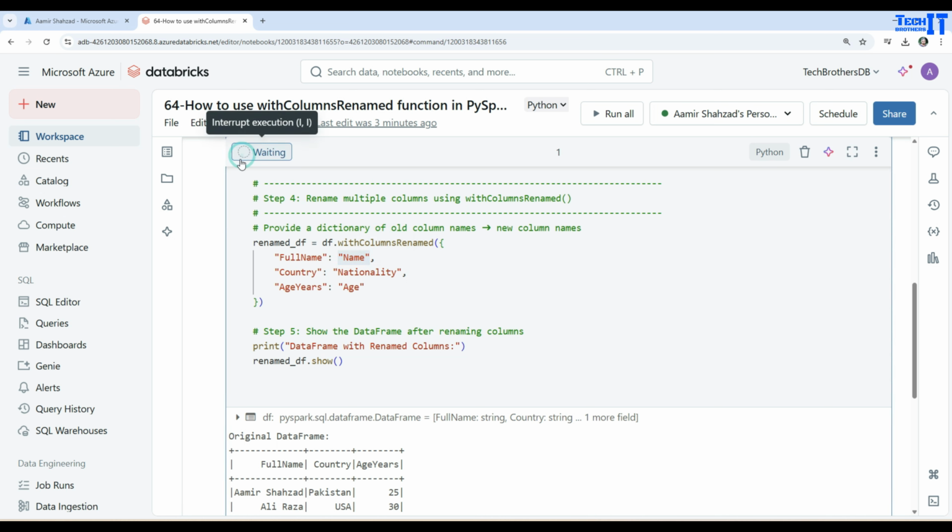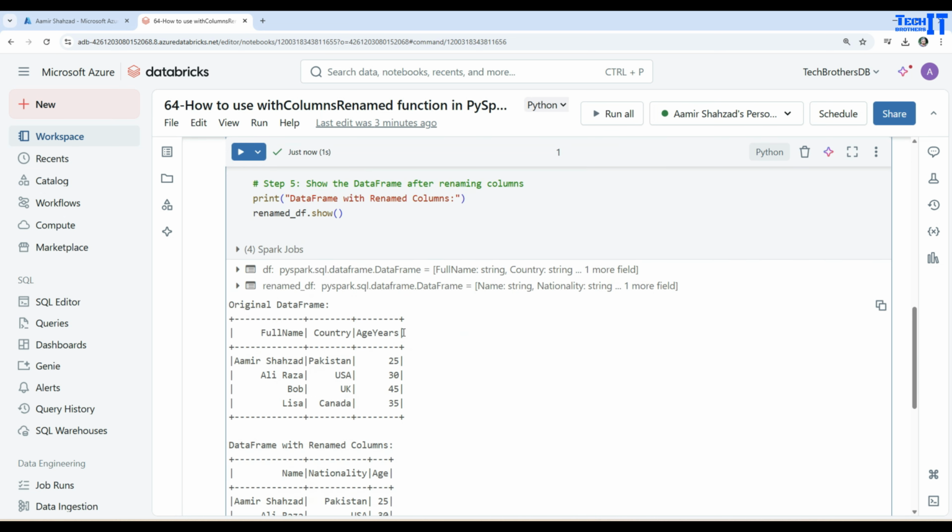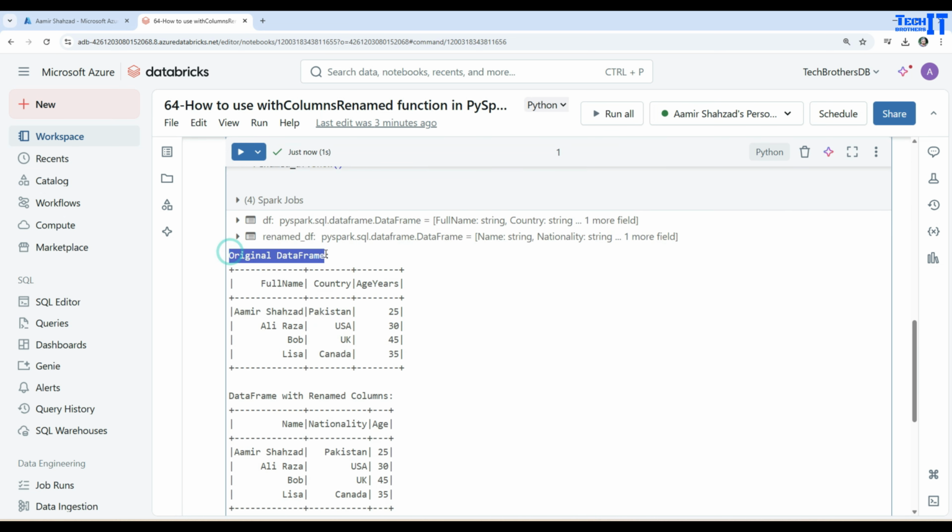So let's execute this one, and now we'll see both data frames. This is our original data frame that has full name, country, and age, years, and this is our new data frame in which we have renamed the columns from the original ones. So here full name is renamed to name, country is renamed to nationality, and age, years is renamed to age